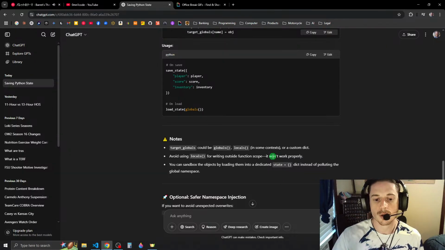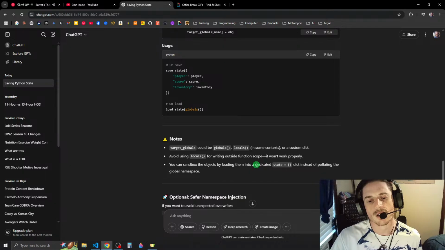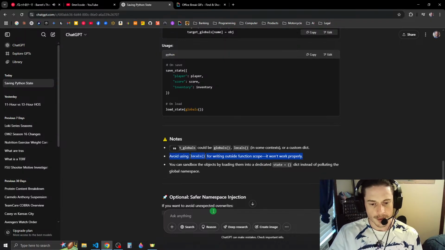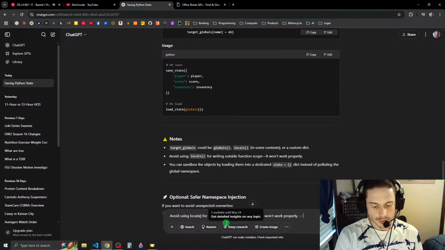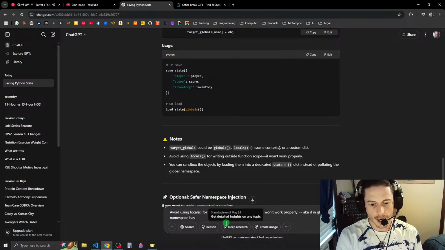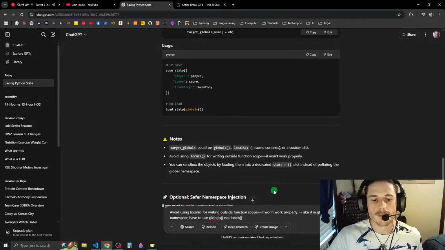Avoid using locals for writing outside function scope. It won't work properly. Okay, so if you're in the global namespace, you have to use globals. Is that what you're saying, basically? In other words, if in global namespace, have to use globals, not locals. Okay.